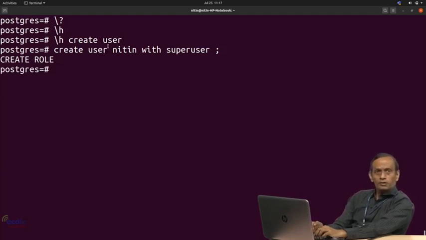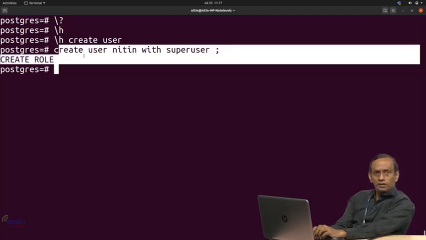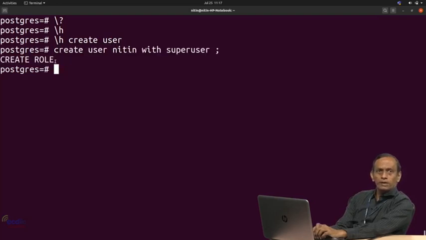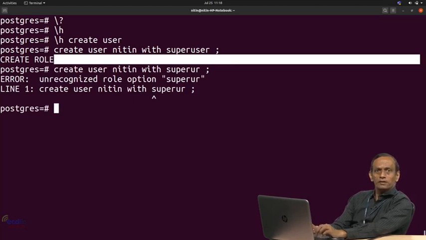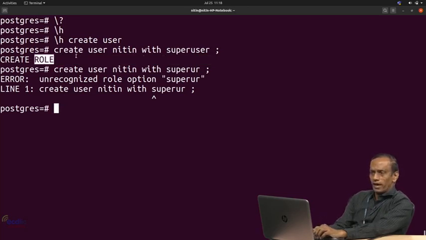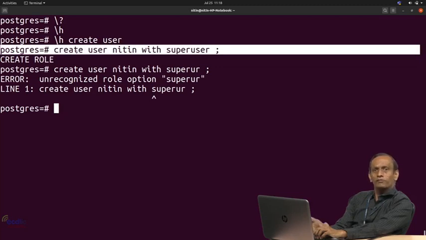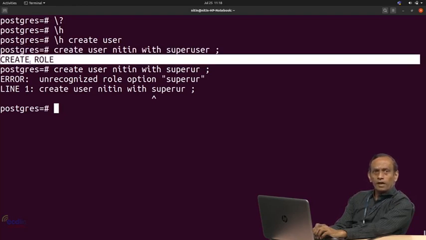Now, one important thing that we need to understand: if the command that you typed does not contain any error, then it should show you the same command over here. If there is an error, for example if I write this, then you will see an error. Whenever there is an error, it will show you the error, and if there is no error, it will show you the same command that you used. So, I specifically fired this command, create user Nitin with super user permission, and we saw that this user was created, but is it really created?